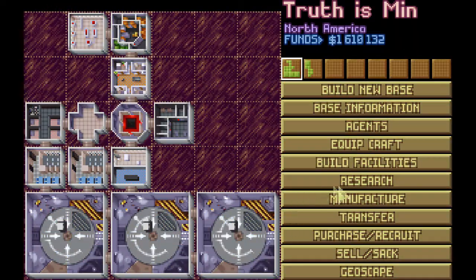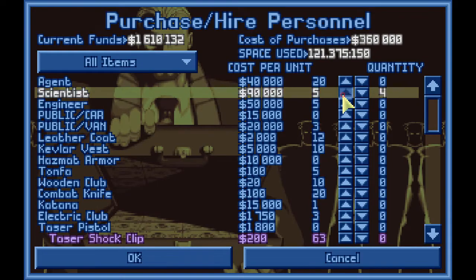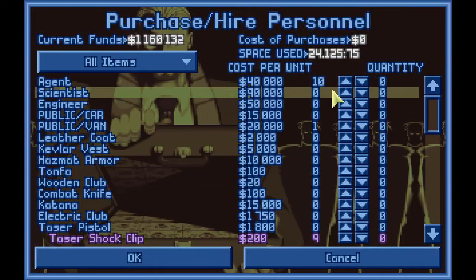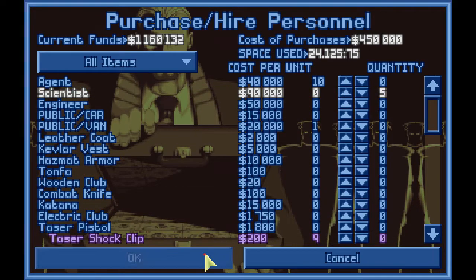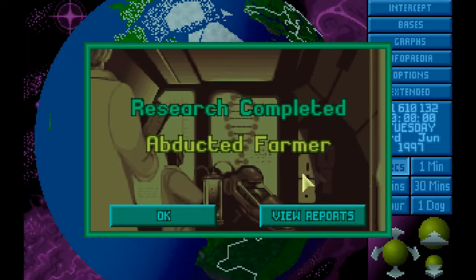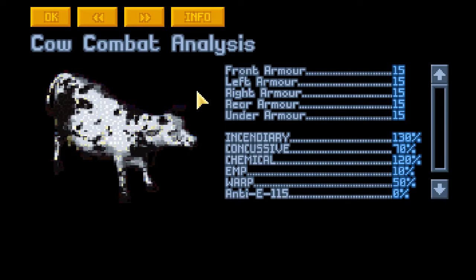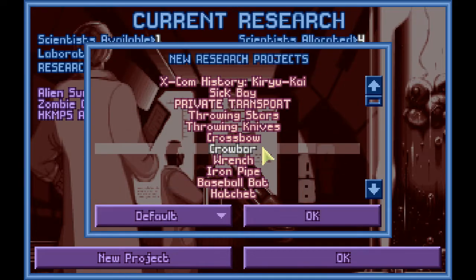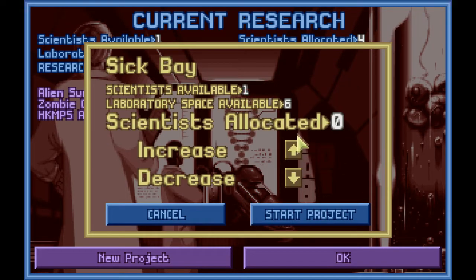Oh, Biolab's done. Right. Let us now purchase 5 additional scientists. Abducted farmer is now completed. We now have the cow combat analysis. The cows are still better than us. Oh boy. Alright. Let's go for...